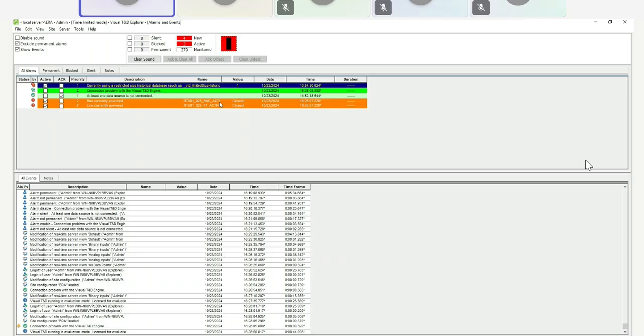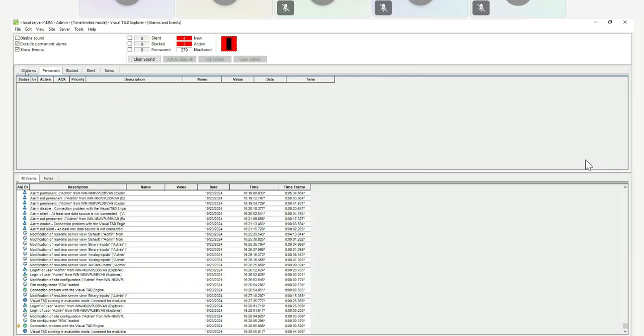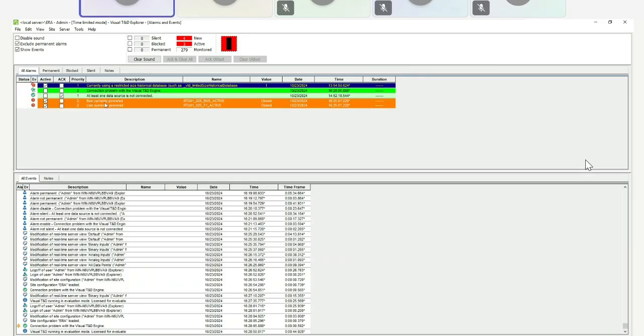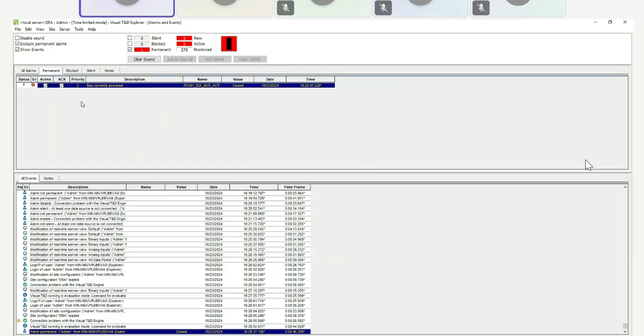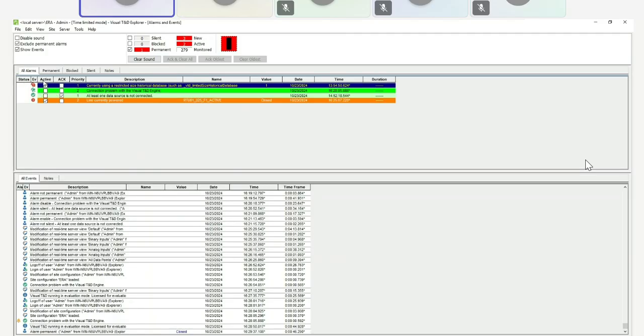Okay, so there's an alarm here. So I will just tag that as, say, permanent. Bus active. Where's the bus active? So the bus active is already tagged as permanent.